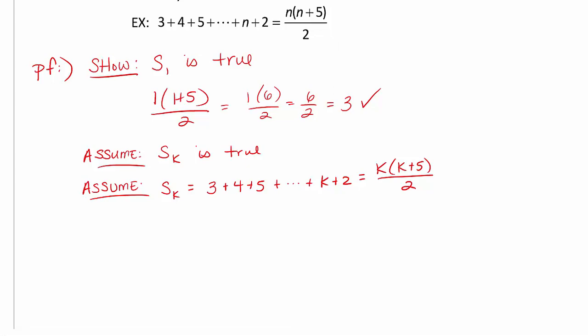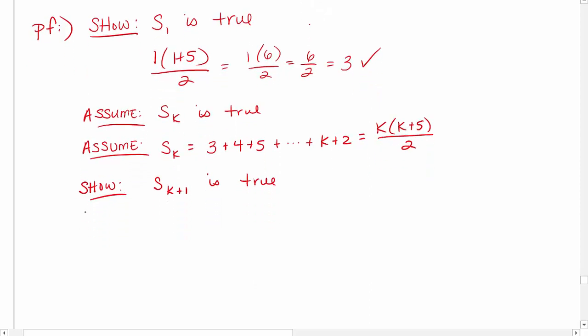All right, so I've shown that S sub 1 is true. I've assumed that S sub k is true. And now I need to show that S sub k plus 1 is true. So what does that mean? I like to write another show line explaining what that means so I know what I'm actually trying to show. So that means we're showing that S sub k plus 1 is going to be equal to